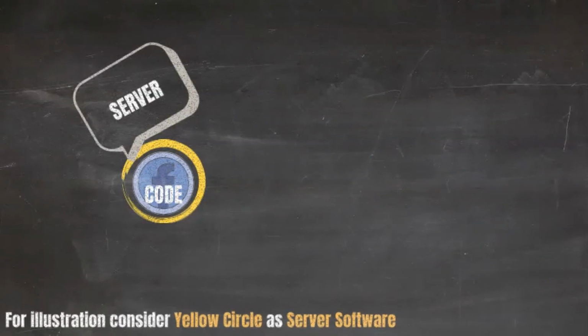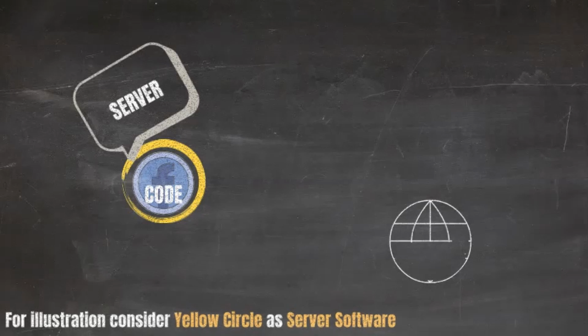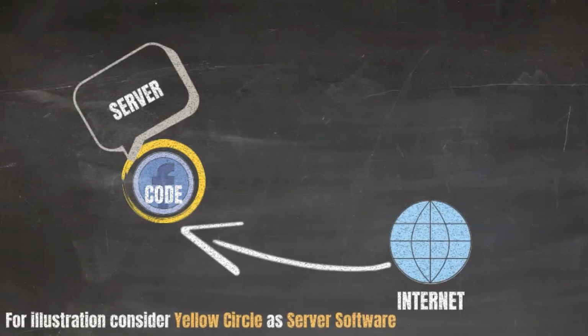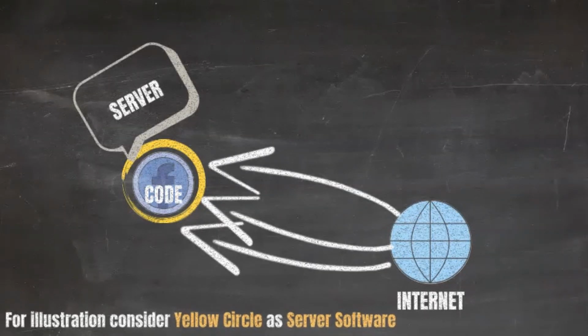What this particular software does is, whenever there's a request coming from the internet, it will ensure that it routes that request to the correct area in the code. Let's say the request is for logging in. When somebody is trying to log into Facebook, this request will go to the code which has login logic. Likewise, when somebody is trying to retrieve the posts on his wall, the request goes to that area in the code which can give all the posts on a particular wall.